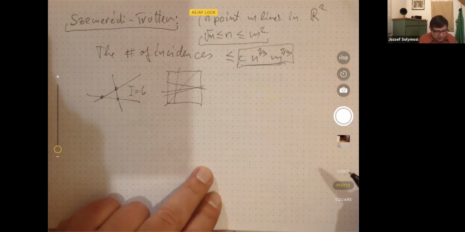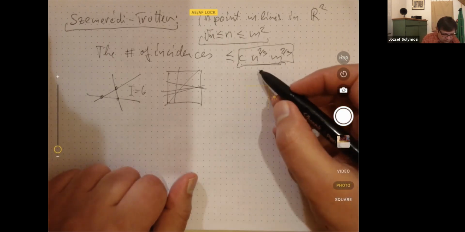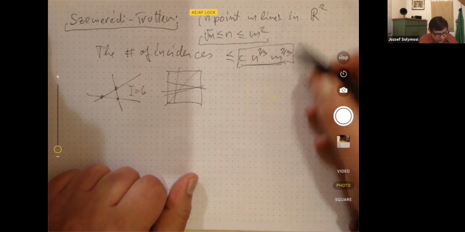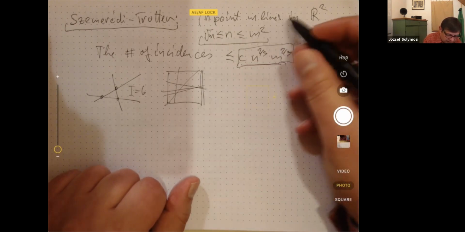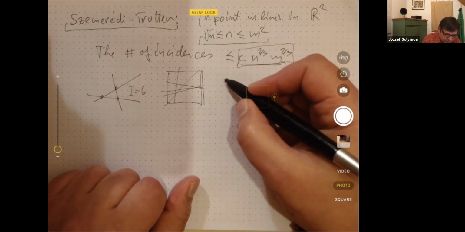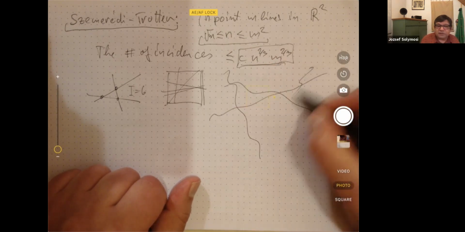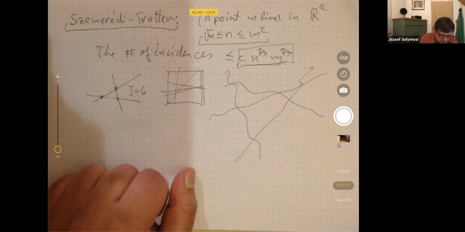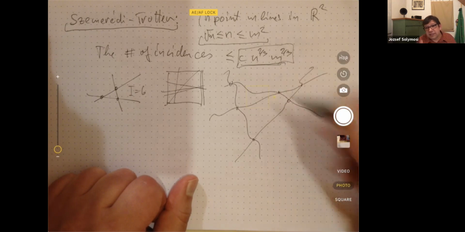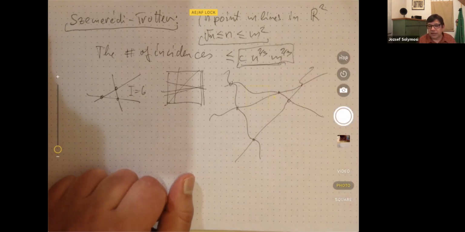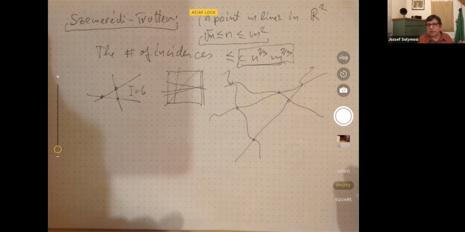Right. Now, armed with this tool, we can prove various theorems, but before I go there, let me say that we don't really need lines. This is also true for pseudo lines. So if you have on the plane, strictly on the plane, some curves which have the property that any 2 have no more than 1 intersection point, then you have the same bound. And it's easy to prove. I won't prove it in 5 minutes now. I just want to use this theorem. We will see the proof of this theorem because it's a beautiful probabilistic proof.